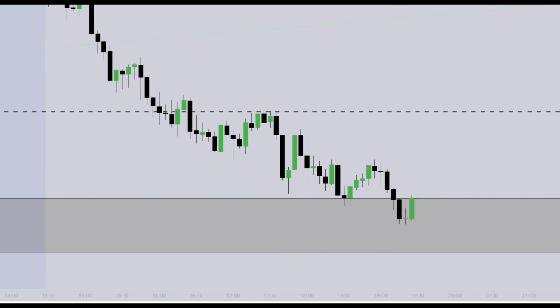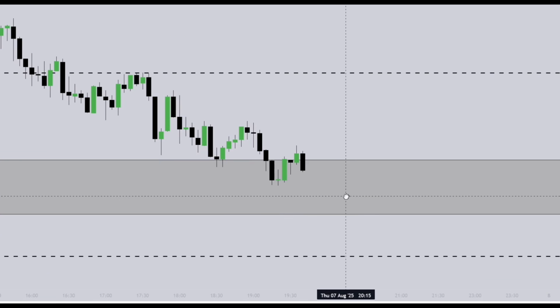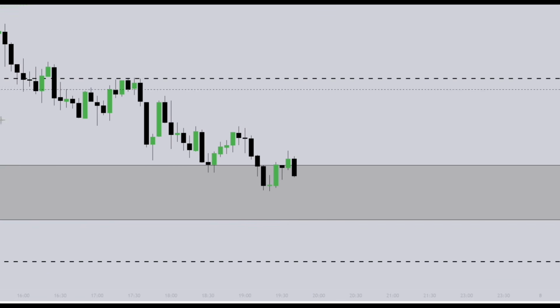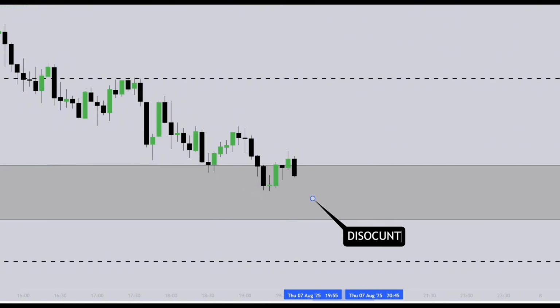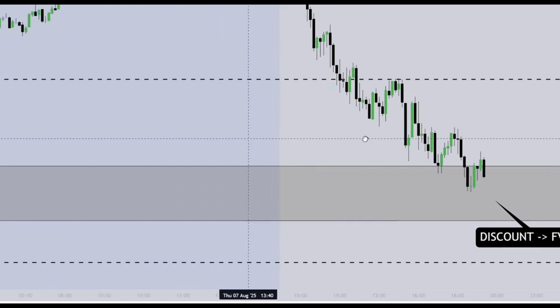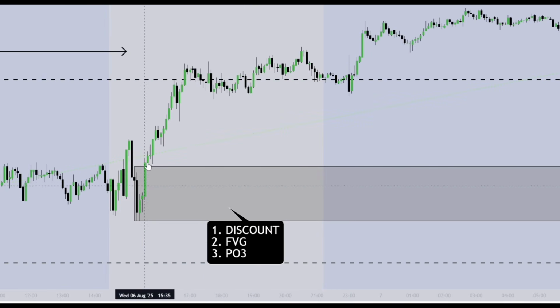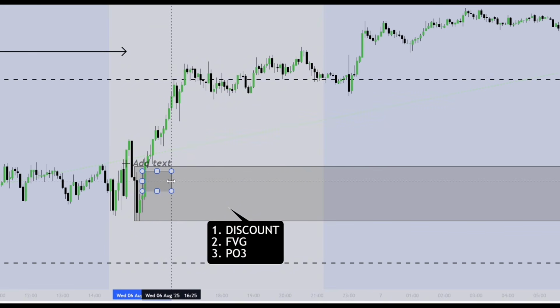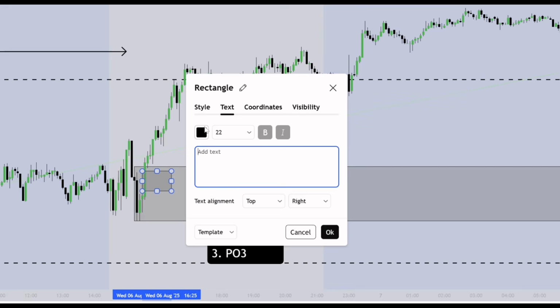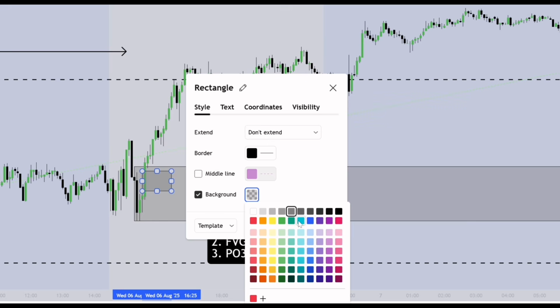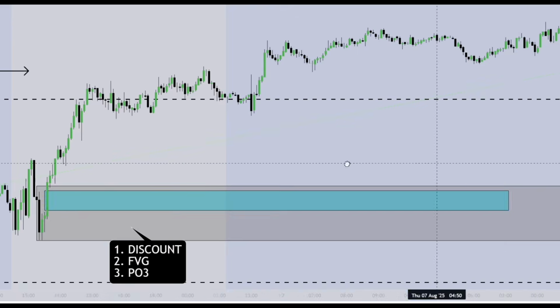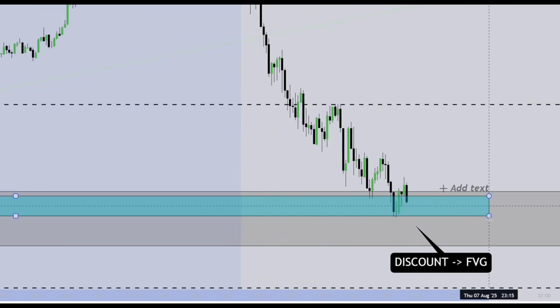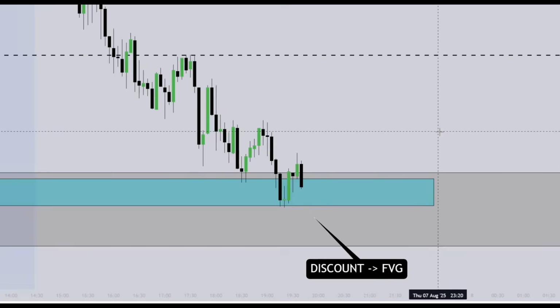A couple of things to understand here. Number one, we're in the discount, right? That's the first thing. And we've tapped into a fair value gap. We've mitigated that fair value gap on the 15-minute, which was in and around this region. Notice how we have a 5-minute fair value gap here as well. Do I use 15-minute fair value gaps? I prefer using 15-minute fair value gaps over 5-minute fair value gaps, but you can use 5-minute fair value gaps if you want. Now that we've tapped into this 5-minute fair value gap,